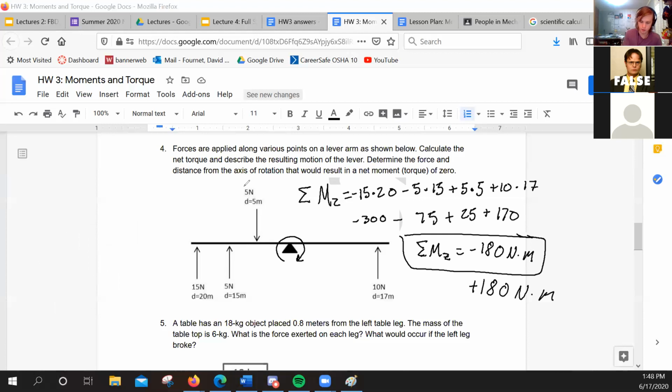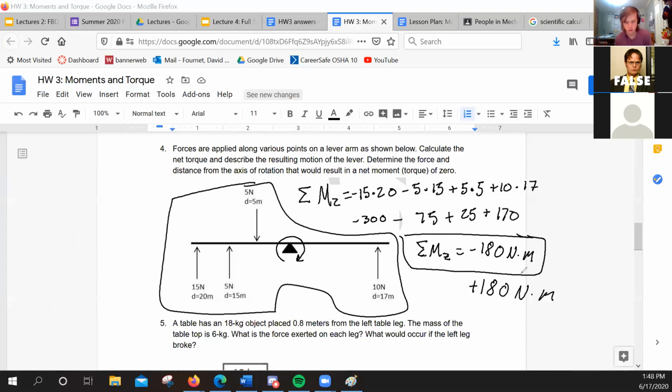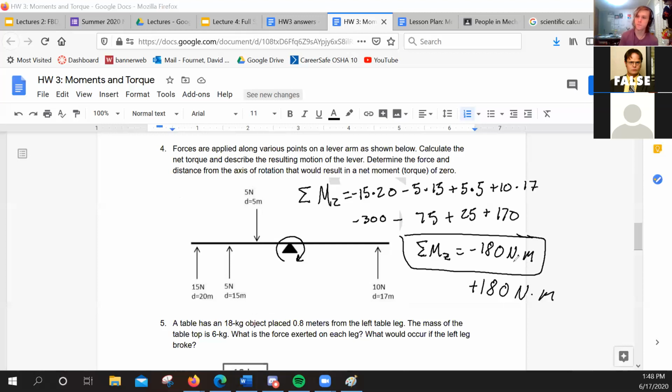Do you have any questions on this problem here? No, I originally had a question about why we put a positive 10 newtons, but then I figured out because it's trying to counteract the balance of negative 15 and negative 5. Yes. So